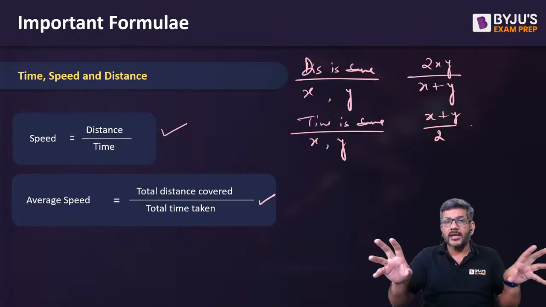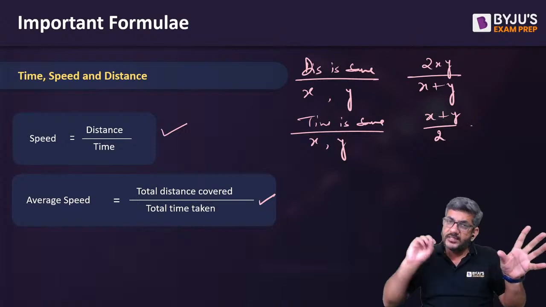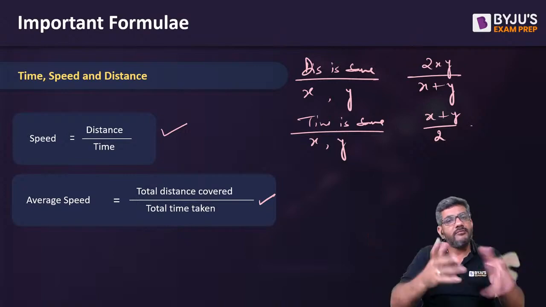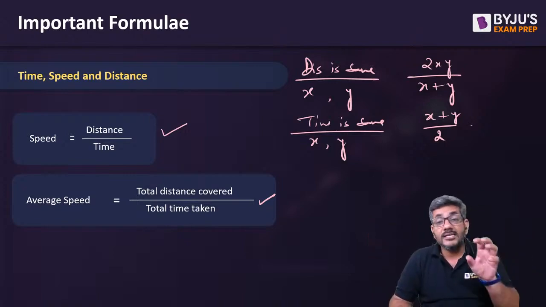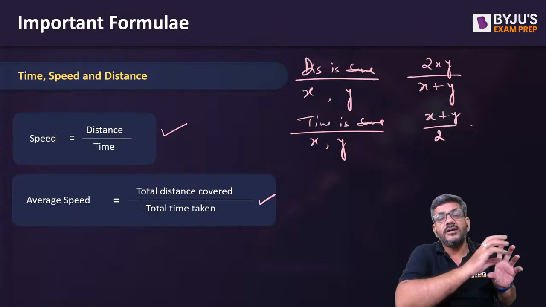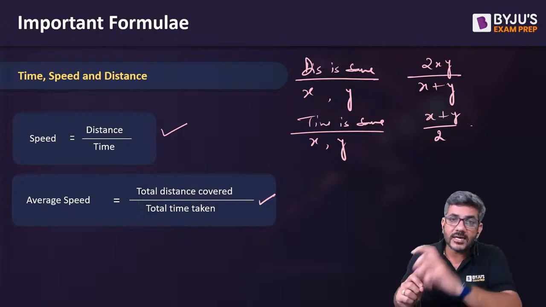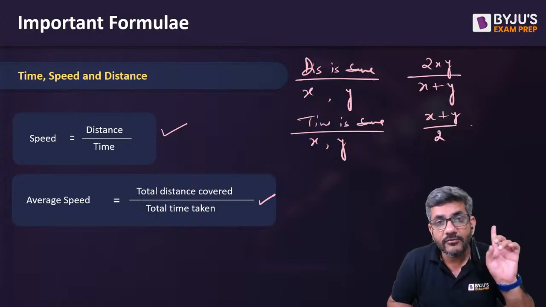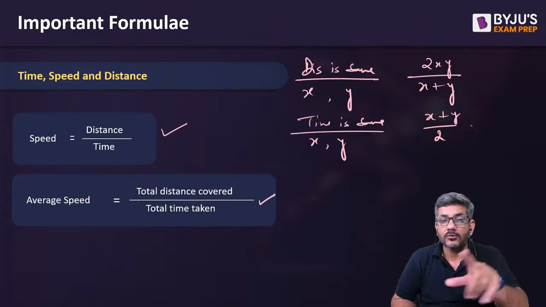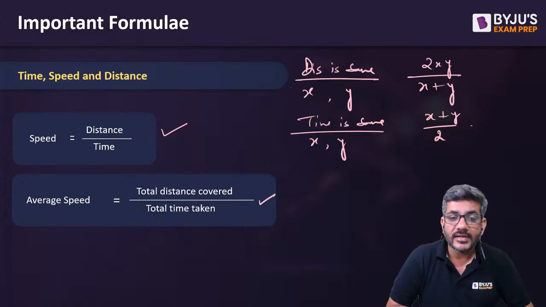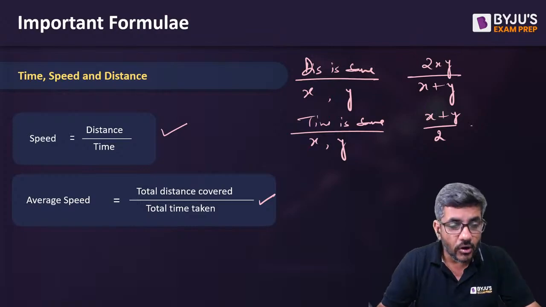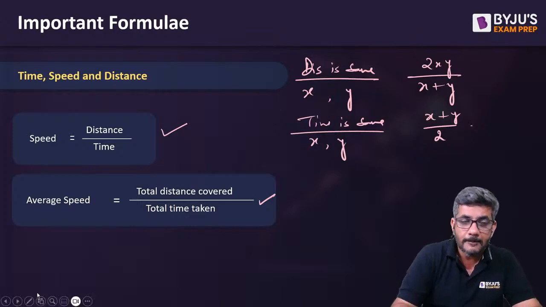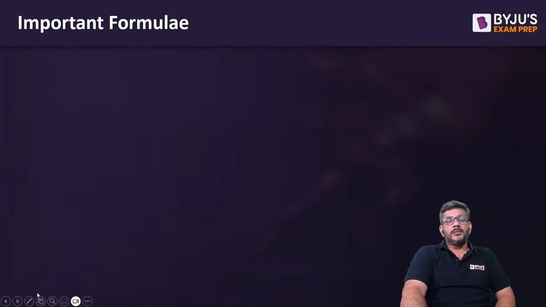दो केसेस में टाइम इक्वल है, जितनी देर वो स्पीड से चला उतनी ही देर वो स्पीड से चला, the average would be the average of the speeds. लेकिन अगर डिस्टेंस सेम है, the distance covered at this speed and the distance covered at this speed are equal, then average speed would not be the average of the speeds. It will be calculated by 2xy upon x plus y, as you see written on your screen. Okay, so that was about time, speed and distance.